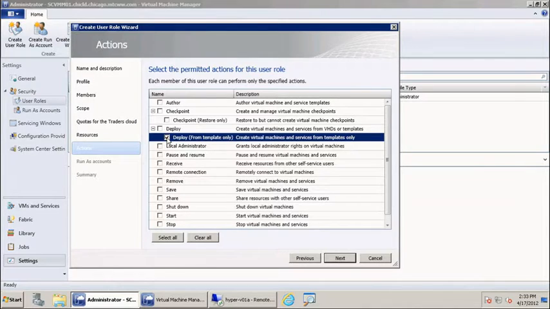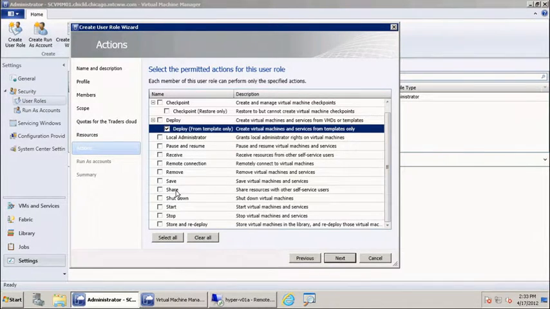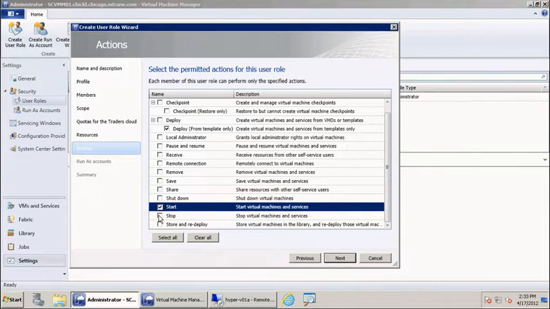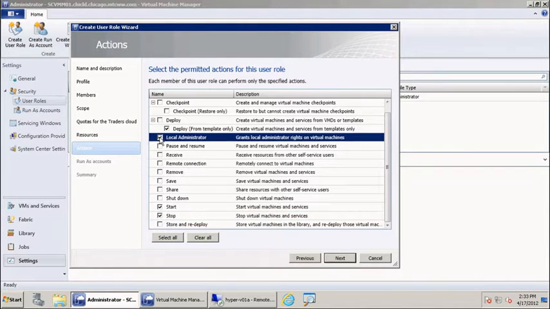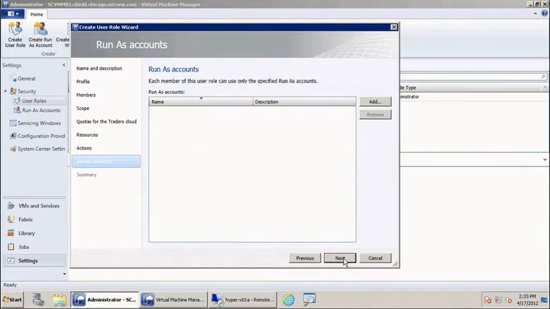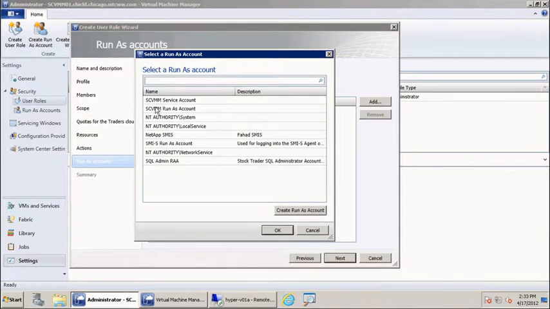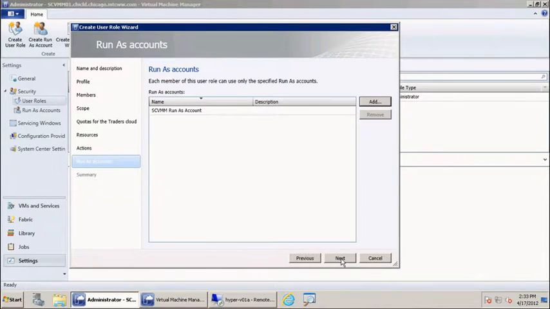Similarly, our customers might choose to create a SQL template, a web server template. So this is where you can maintain control while your self-service users get the ability of speed and not having to wait for you to deploy the machines for them, but they're only going to deploy instances that you've created for them. I can allow him to have an elevated privilege run as account